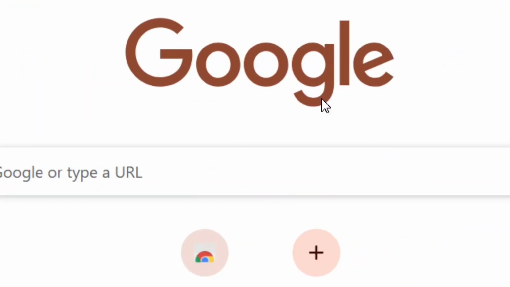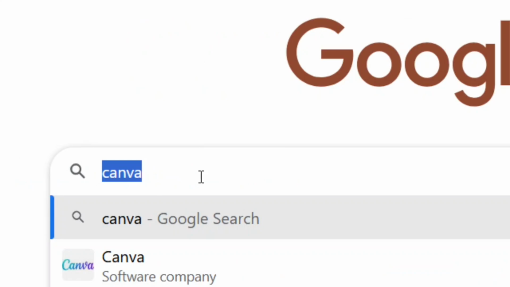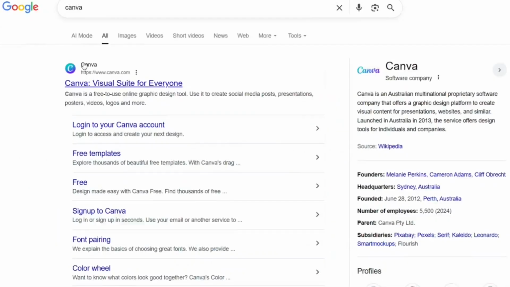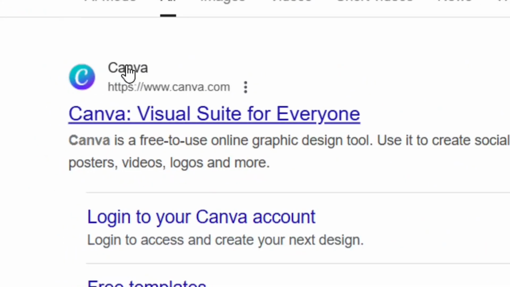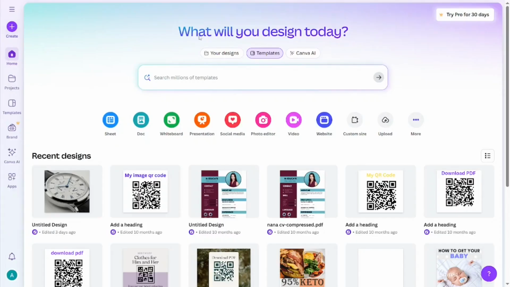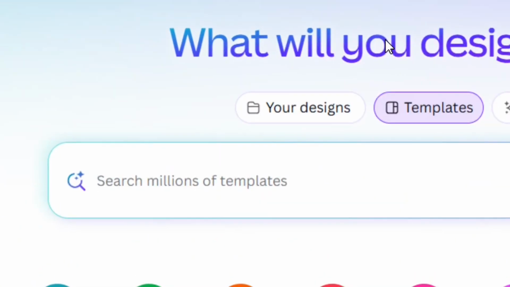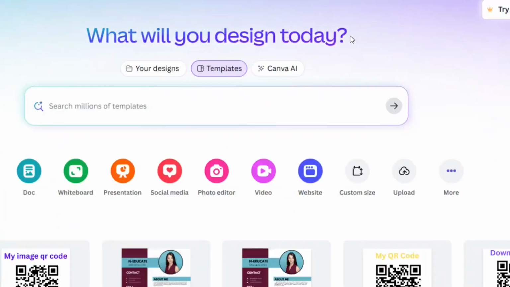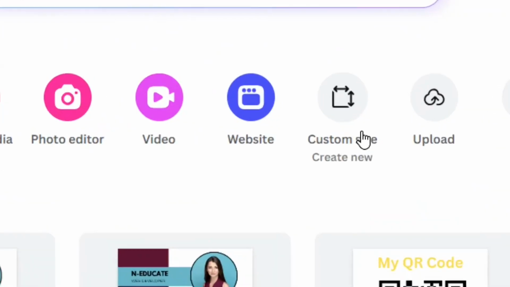The next thing is to simply go to Google and type in Canva, and then hit enter. So when it comes up, select the official site of Canva. It's going to bring you right here, and then from here you can select anything that you want to do. So what you are going to do is go with a custom